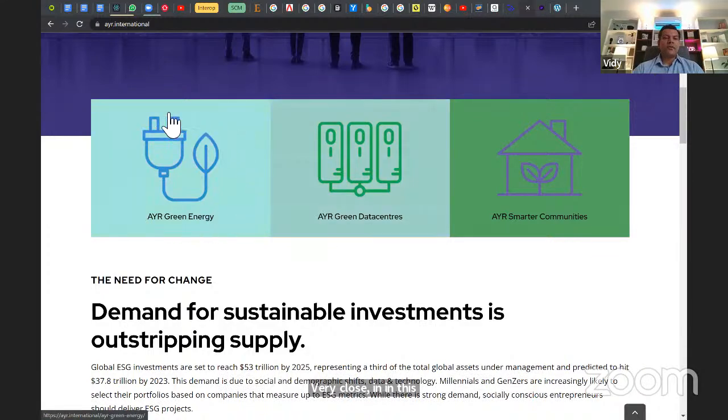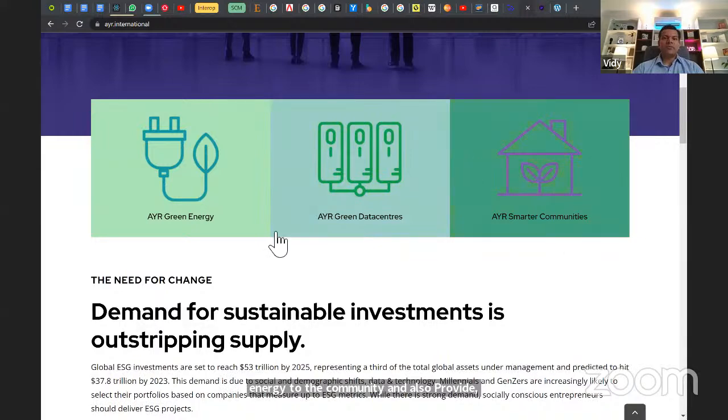And the third part of this is the green energy, so solar energy. So the idea is you build a house or an apartment or society. There are solar panels on the roof, and those solar panels provide energy to the community and also provide energy to run the data center.